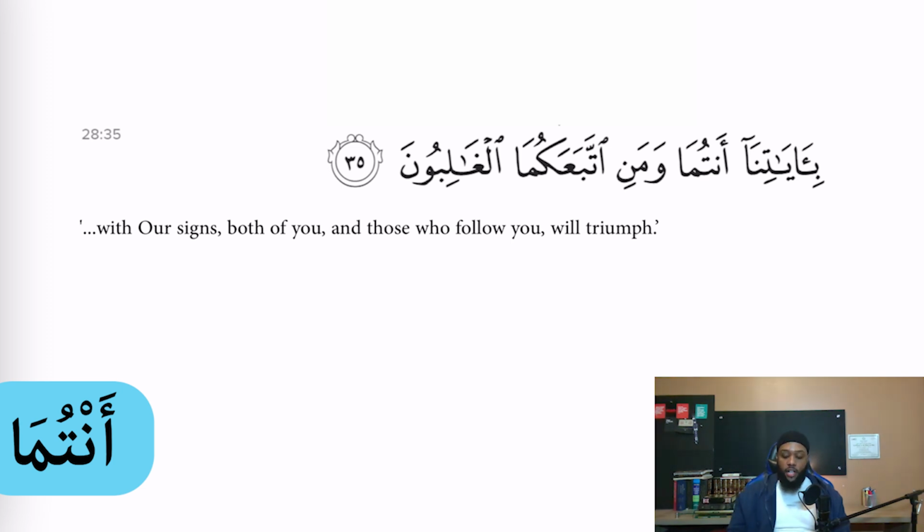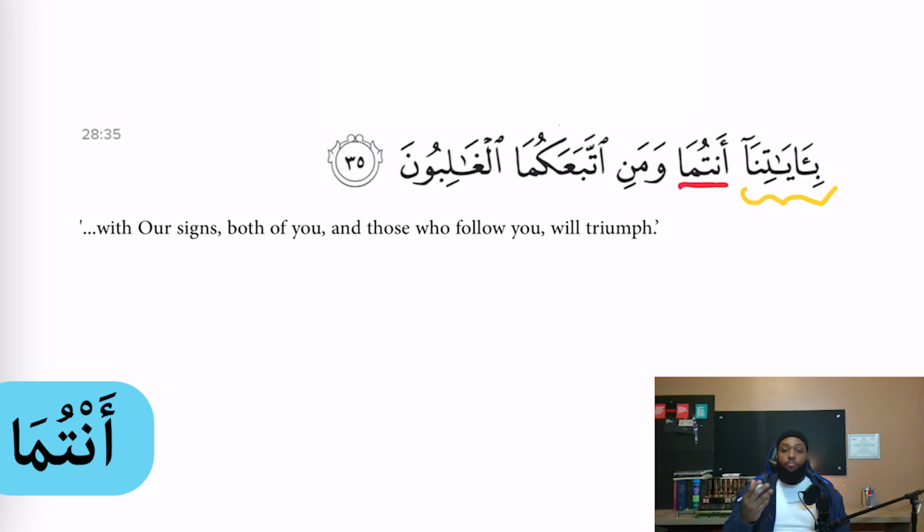So we see here bi ayatina, and this is three words together. The harf jar, ba, right, meaning in or with. Ayati, right, in the state of jar, so signs. And connected to it is the attached pronoun form of nahnu, which again we're going to take a look at inshallah. So bi ayatina, with our ayat, with our signs. Antuma,